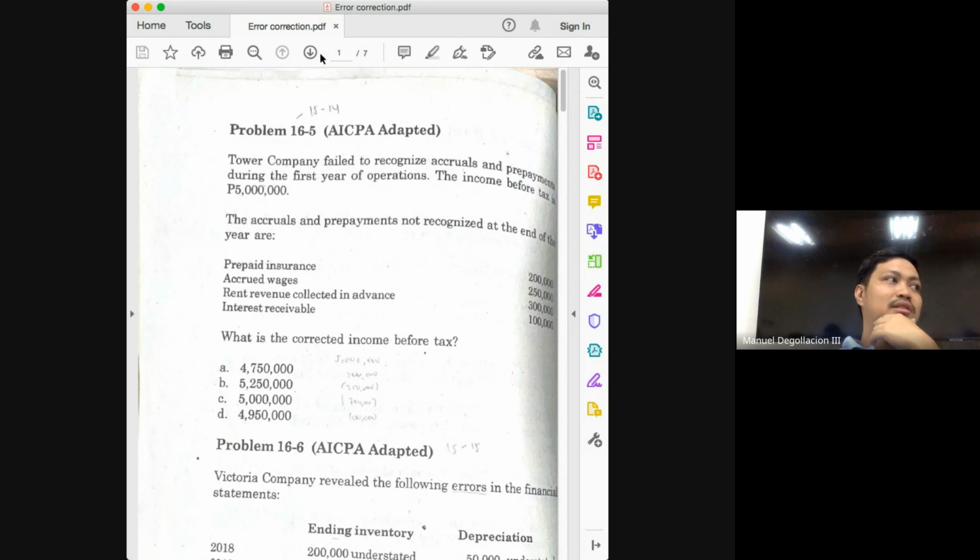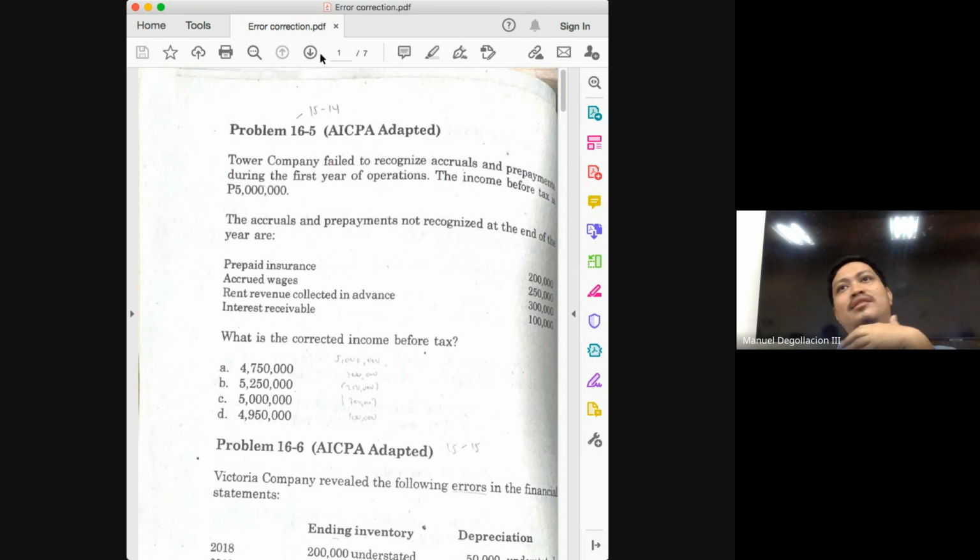Because if you do not have that requisite knowledge, then definitely you will not be able to spot the error. And if you are unable to spot the error, then definitely you will not be able to correct the error, class. So knowing what is right will help you know what is wrong. Knowing what is wrong will help you correct the error, class. And